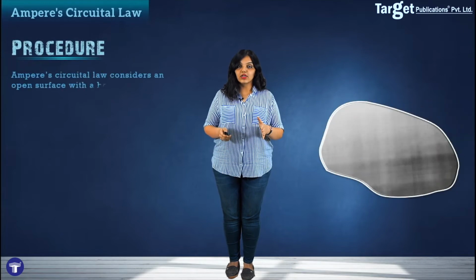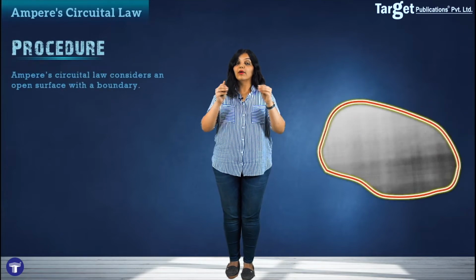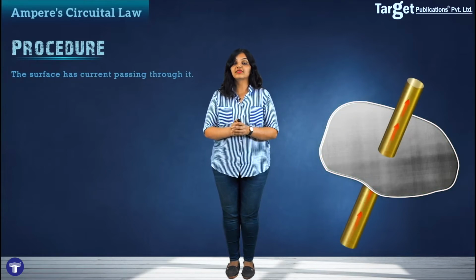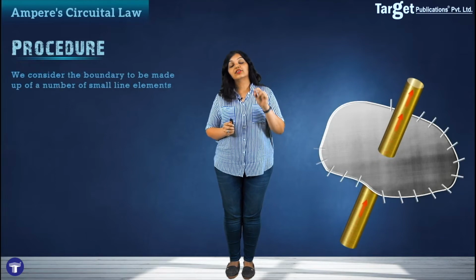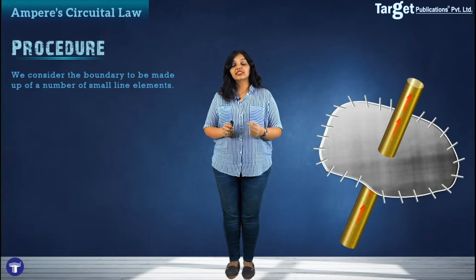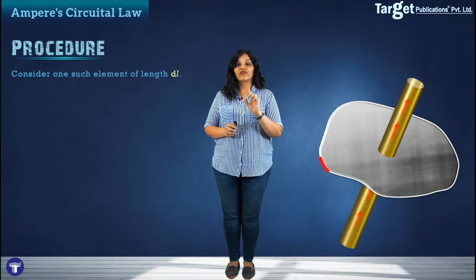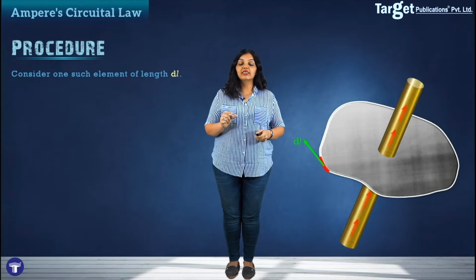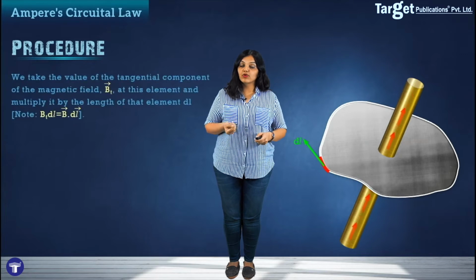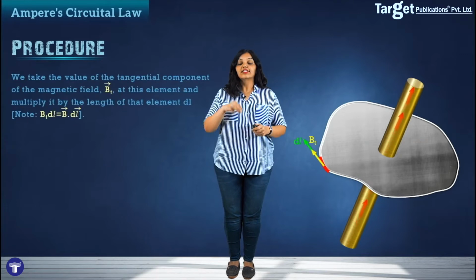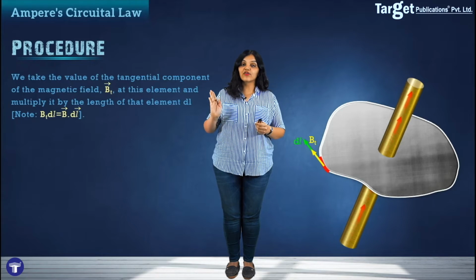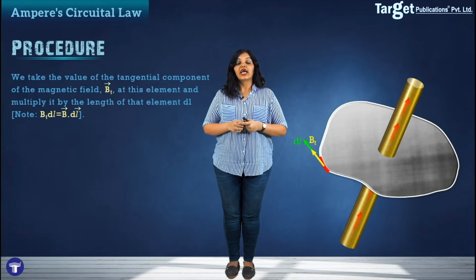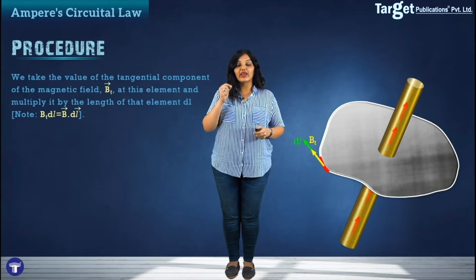To apply Ampere's circuital law, what you need is an open surface with a boundary. And let's say that some current is passing through this surface. Ampere's circuital law says that you must break the boundary of this surface up into many small line elements, and then consider, suppose, one small element of length dl. At this element dl, you must take the length dl of this element and multiply it by the tangential component of the magnetic field at this point. So the magnetic field due to the current which is passing through the surface, at this point you take its tangential component, multiply it by the length dl, and this product you have to find for every single line element